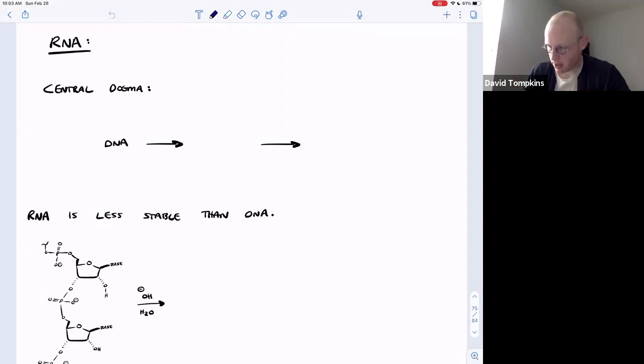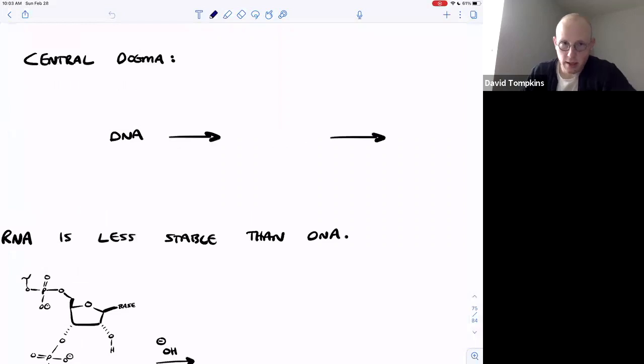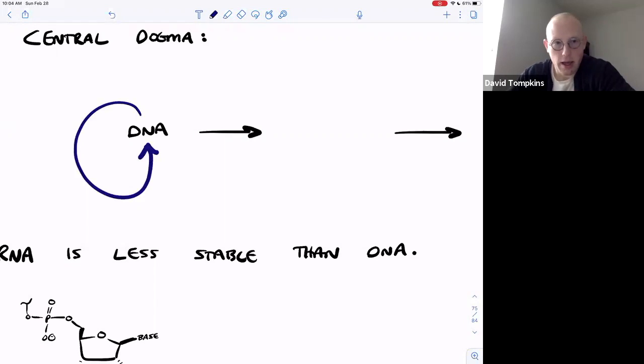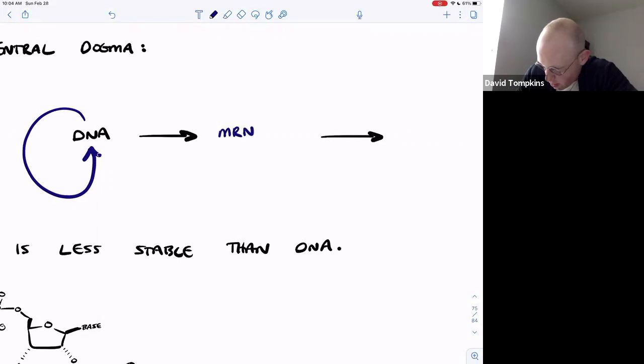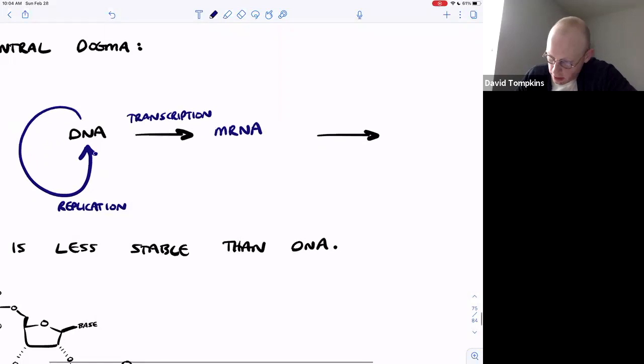So keep in mind the central dogma of biology, right? That DNA self-replicates and then it is transcribed to mRNA. So we'll talk a bit about this process of transcription today. And of course, there's a whole host of enzymes that are responsible for both DNA replication and transcription, namely polymerase enzymes. And then from messenger RNA, we then get translation